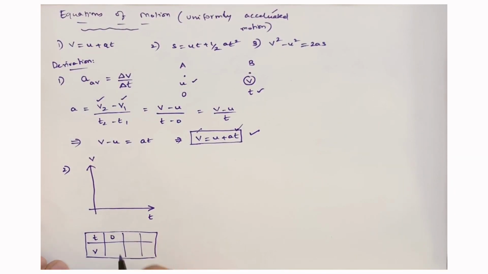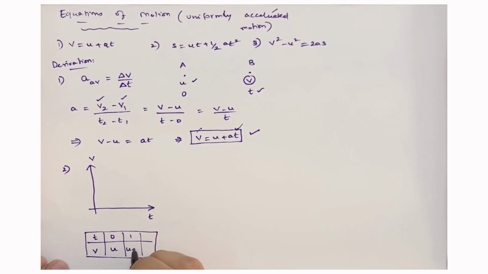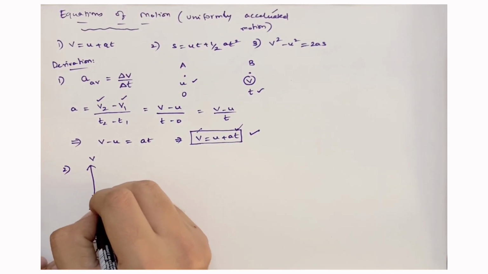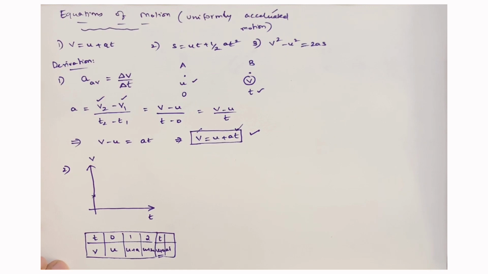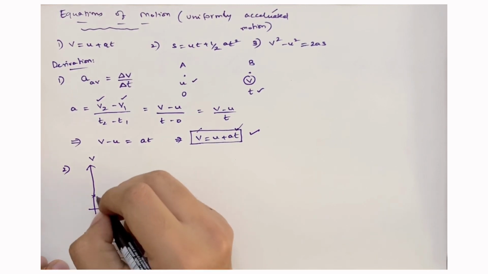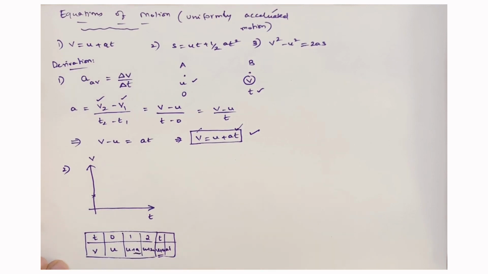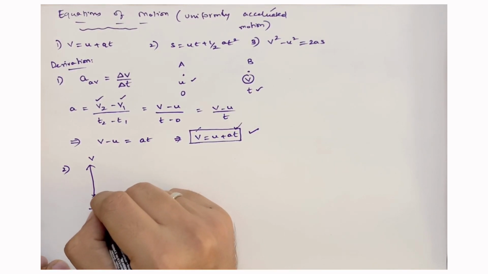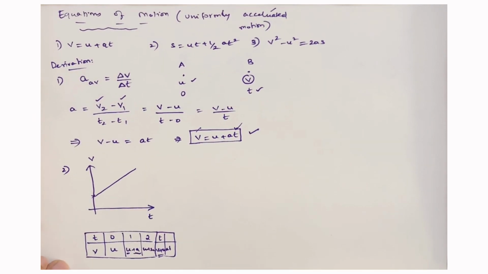So, at t is equal to 0, the velocity of the object is going to be u. At t is equal to 1, the velocity of the object is u plus a. T is equal to 2, it is u plus 2a. So, if it keeps on going like this, at some time t, then the velocity will be u plus at, right. So, when the object's velocity is starting here, so initially at t is equal to 0, it is having an initial velocity u. So, when you plot all these values, assuming that the object is accelerating, if you observe to the value u, there is mathematically a term a getting added, a number a is getting added. So, when you plot it, the graph is going to take a linear shape.